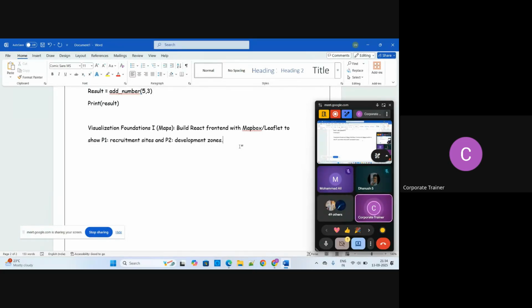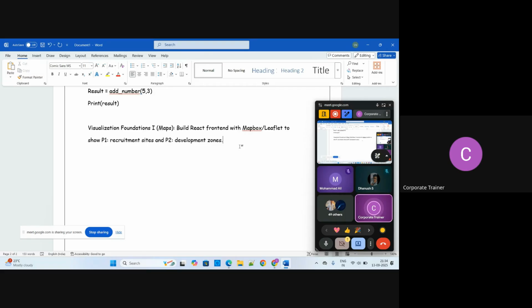If I decode it simply, I have to create a single file, like React, for example, some React map visualization or any Mapbox thing. So you have to recruit the site.